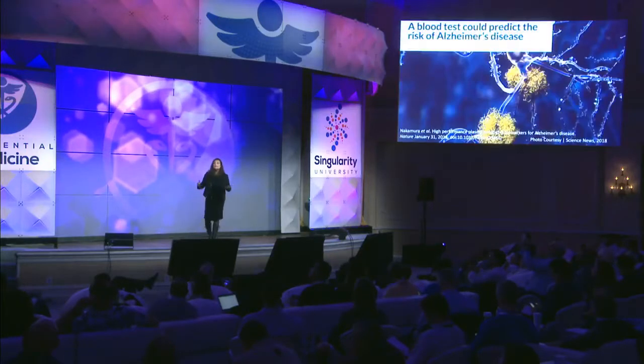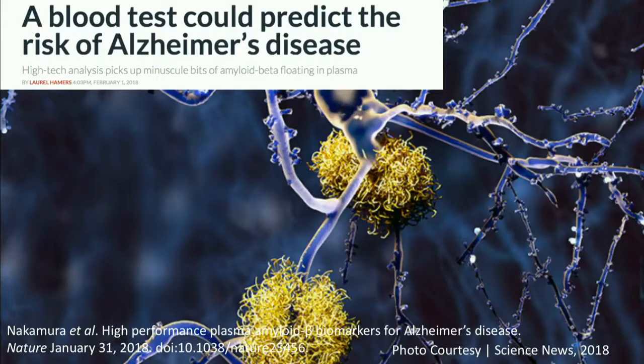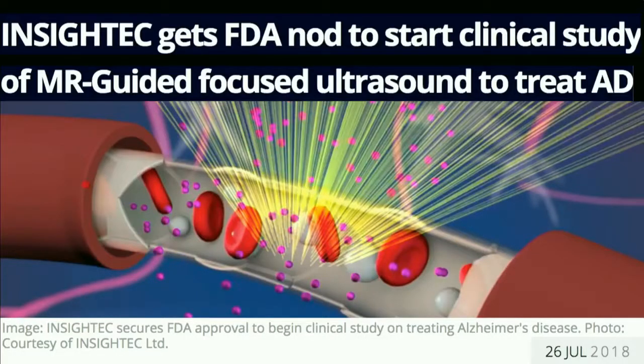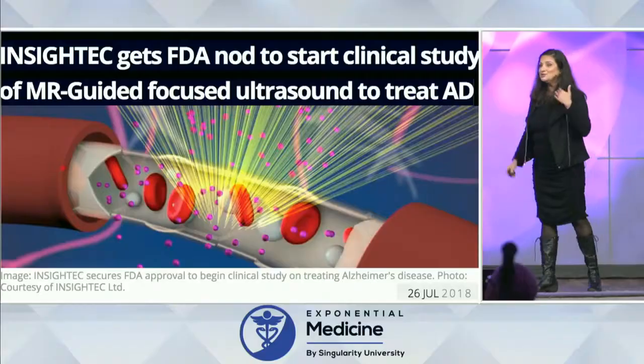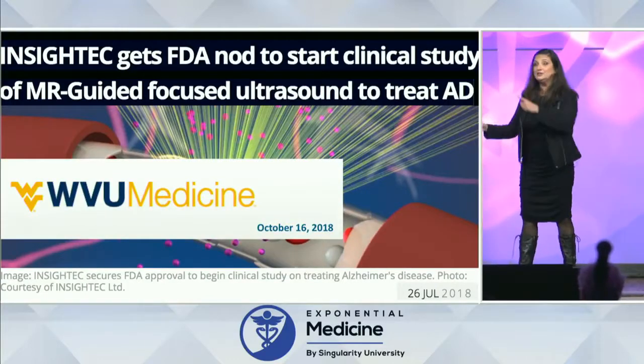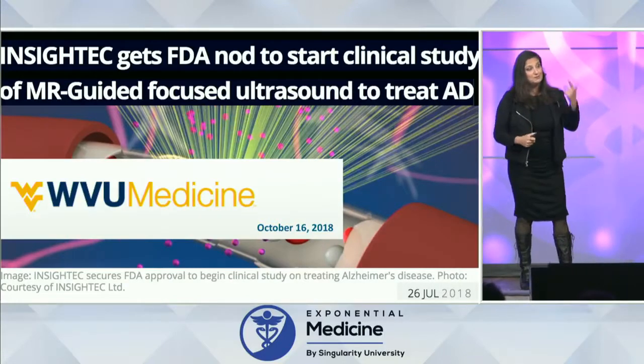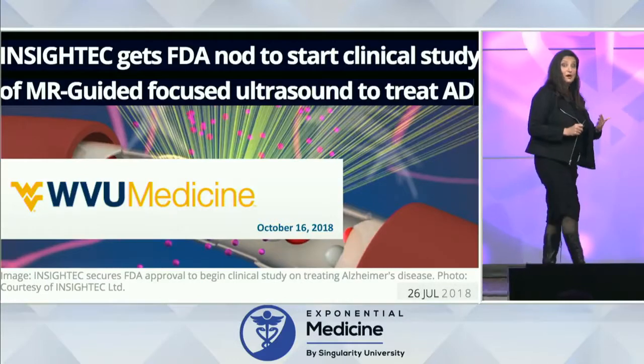Another major issue, Alzheimer's disease. I don't know if you realize this, but the very first blood tests to detect early Alzheimer's disease have finally started coming online. But we haven't had anything to do with this data. We don't know what to do with it. So the study that Salim was referring to is right here. This summer, Insightec, which is a device that delivers focused ultrasound, just got FDA approval to apply this to the blood-brain barrier. What's really interesting is just a few weeks ago, the very first patient was tested using focused ultrasound. The idea here is that they're going to disrupt the blood-brain barrier in order to drain beta amyloid plaques that have been thus far really hard to get to.